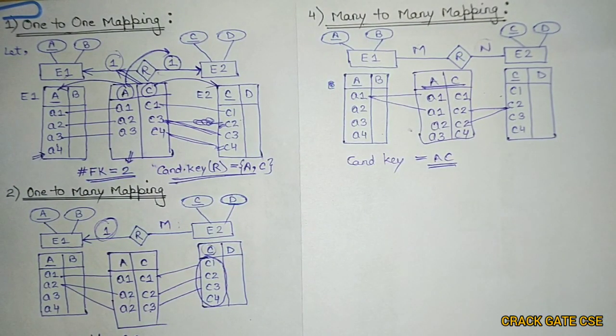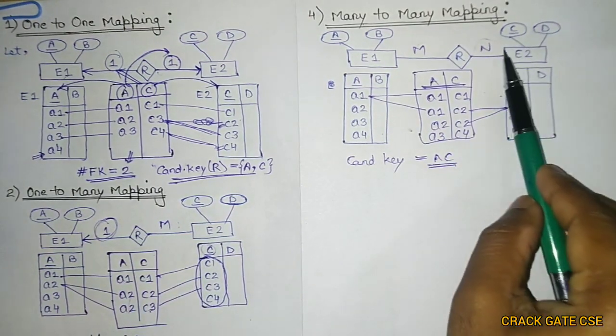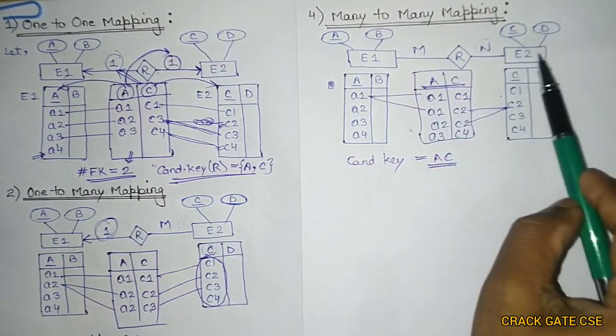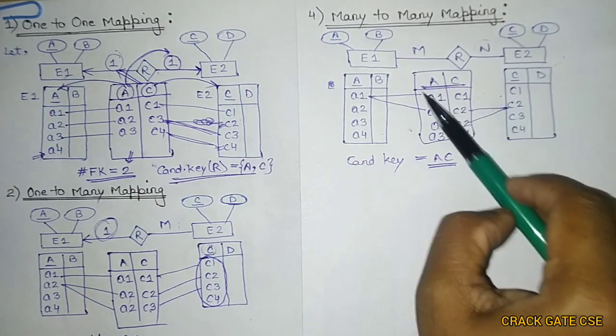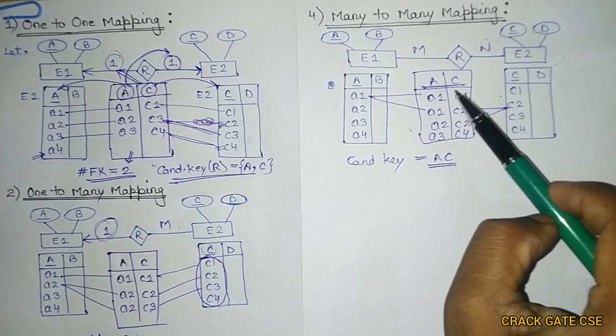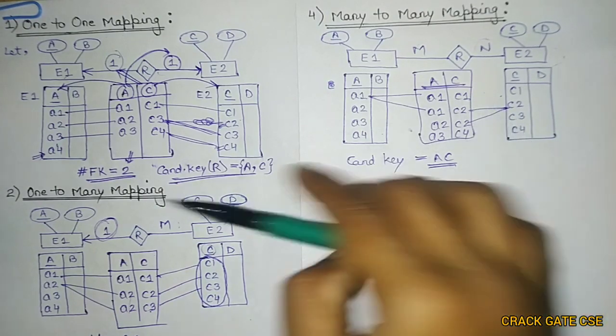In the next video, we'll try to answer some questions which are very important for GATE. In GATE, they will give you a particular ER diagram, and they will ask how many tables or how many foreign keys are required when we minimize this ER diagram, right? So sometimes if we are having this many to many, these two can be combined together. So we will be discussing all those things in the next video.